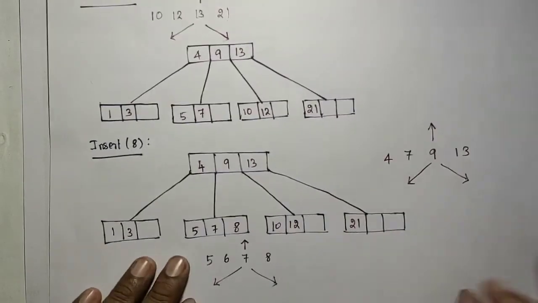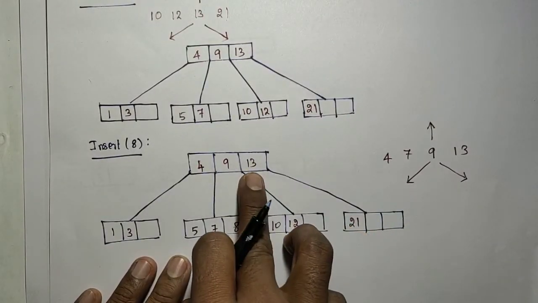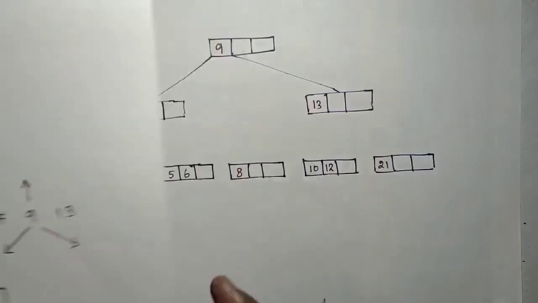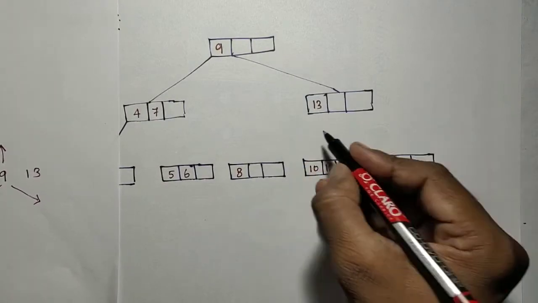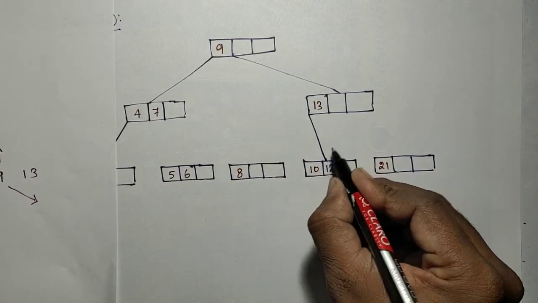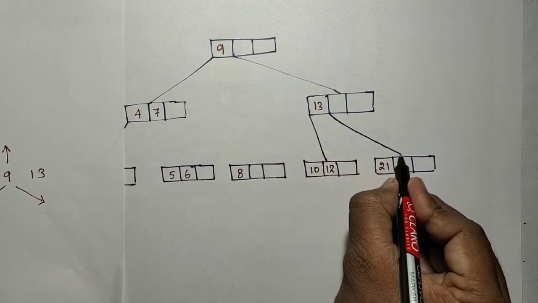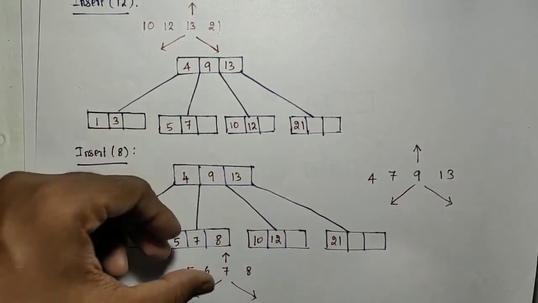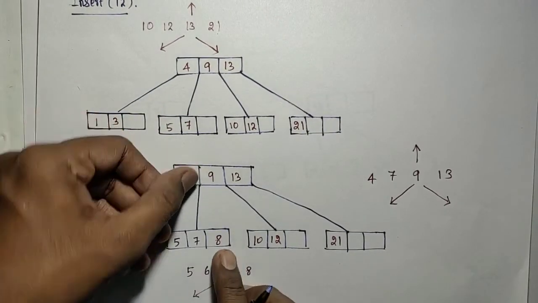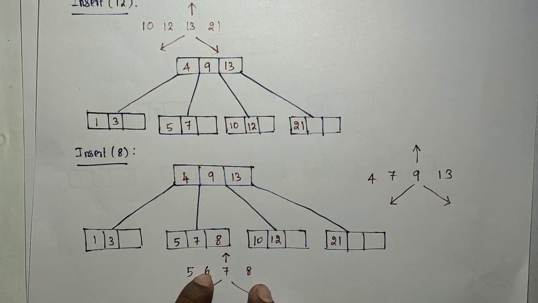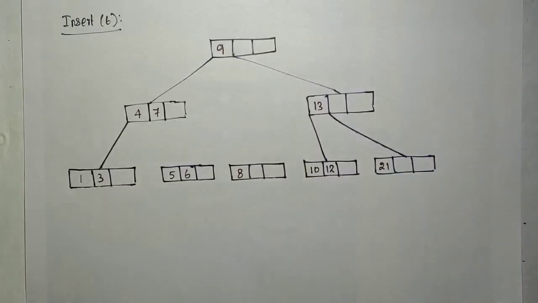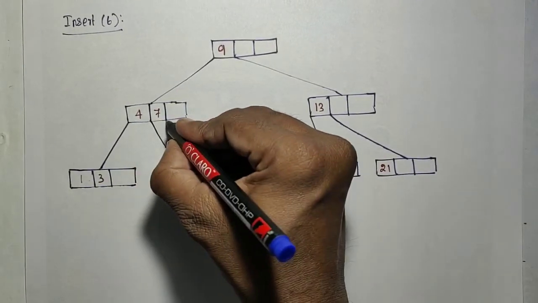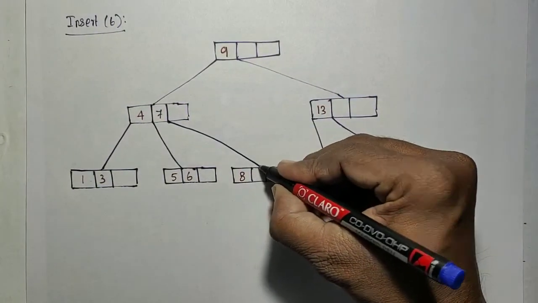Correct. Similarly here these two nodes there is no change. The 13 left is this one and 13 right is this one. So we can just make a link. 13 left is this one and 13 right is this one. Okay, and then we have made a change, that is the 7 is moved up. Okay, in that parent node 5, 6 is the left and 8 is the right. So that parent node is 7. So 7 left is this one. 7 right is this node. Like that we have joined.